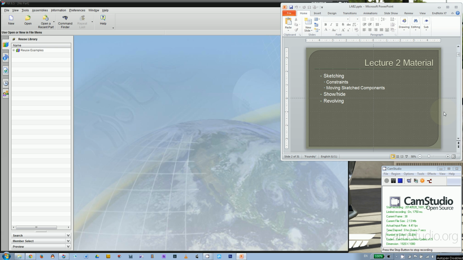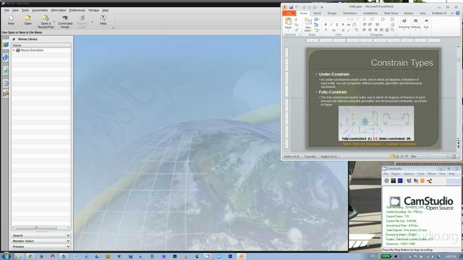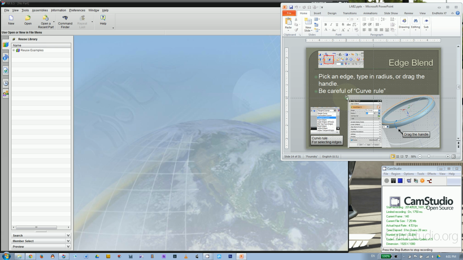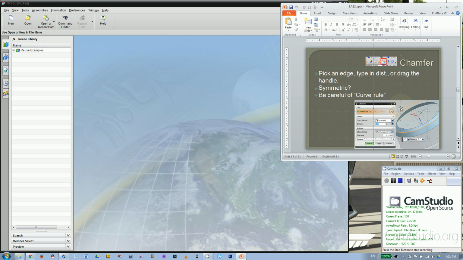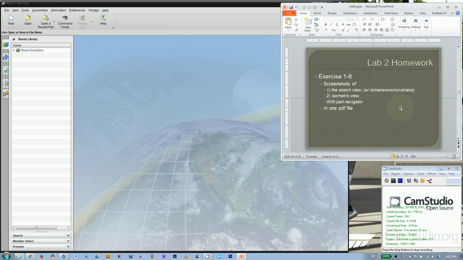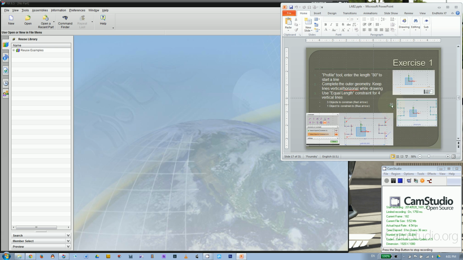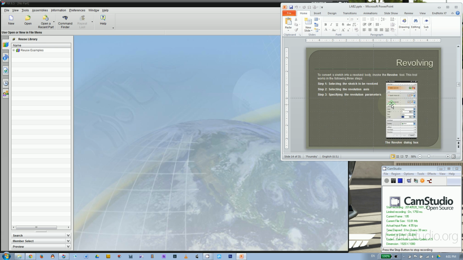So in Lab2, we're going to introduce sketch geometric constraints, then some other feature commands like Revolve, which is here. Then you have edge blend, then transfer. Then we're going to show you how to make the homework. Just pick some, and then